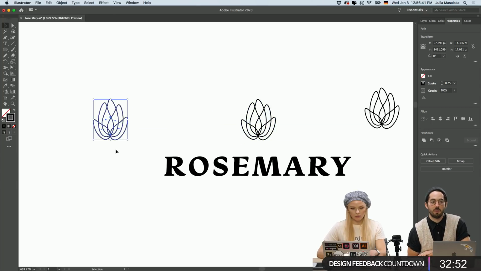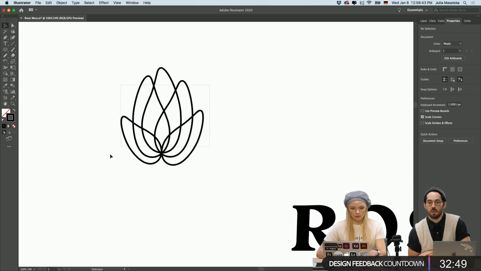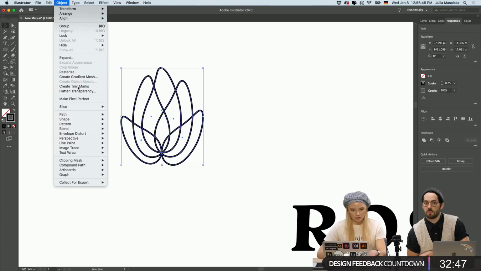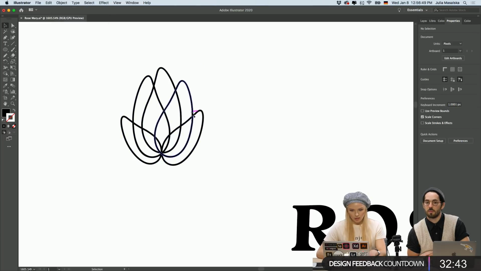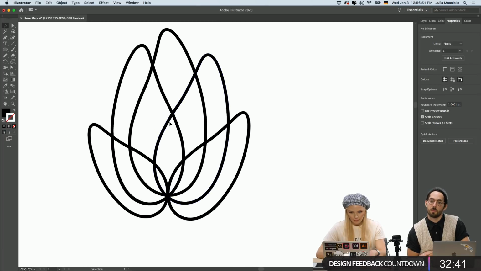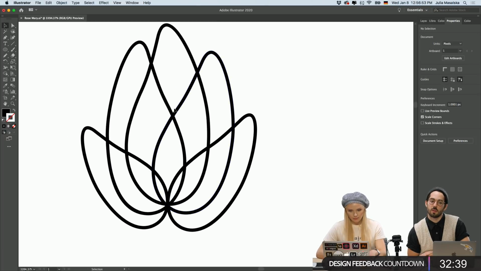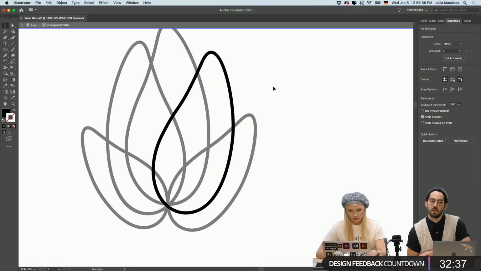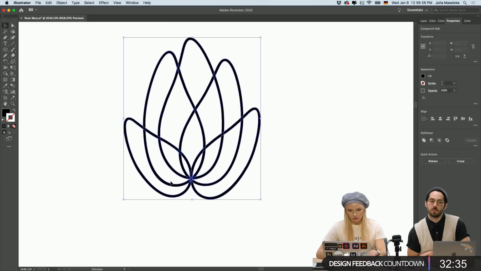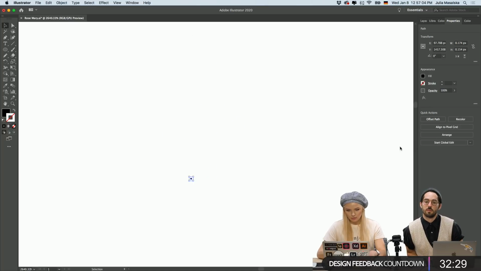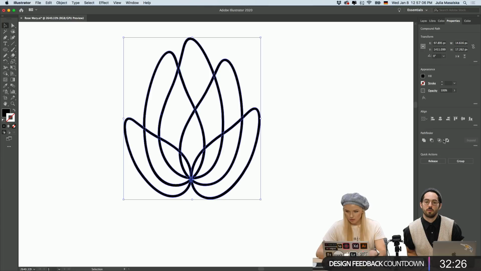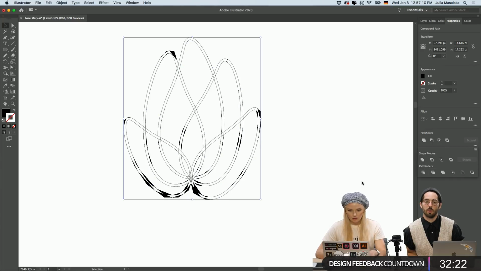What I like to do sometimes is outline the stroke, and then you can go ahead and connect all the vectors. Let me see if that worked. No, it didn't work. I think it's the other one. It's this one, outline. Cool.